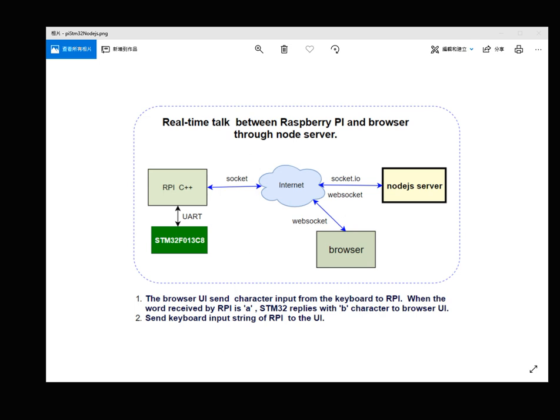My daughter said no, you must tell people about the total system. I think this is very complicated because the communication among the system is complicated. So I draw a very simple drawing to introduce this total system, because I think what my daughter said is very good. I only focus on STM32 because I think